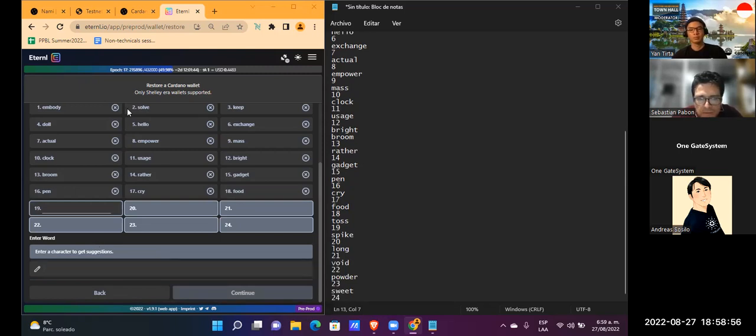Total operating cost, all free, of course. The cost of operating in testnet is totally free.